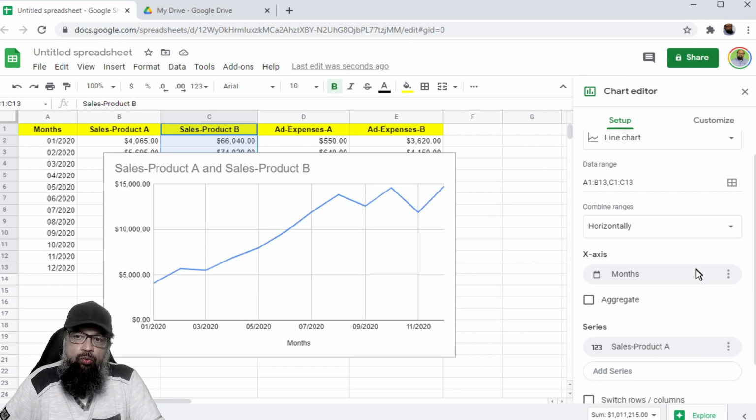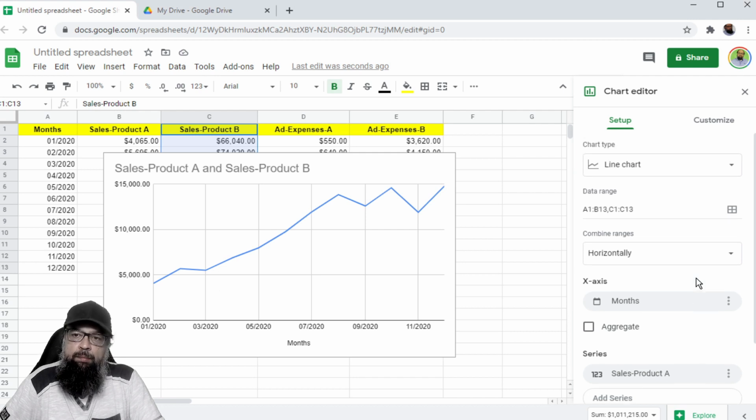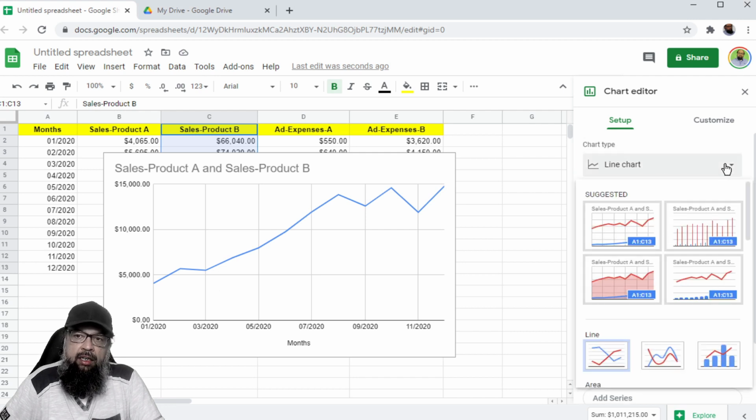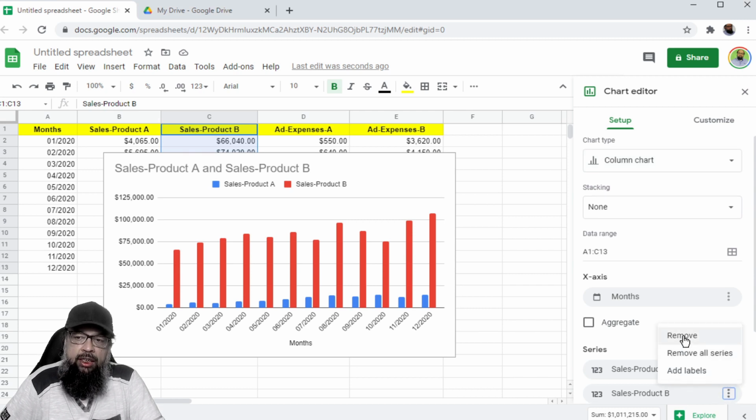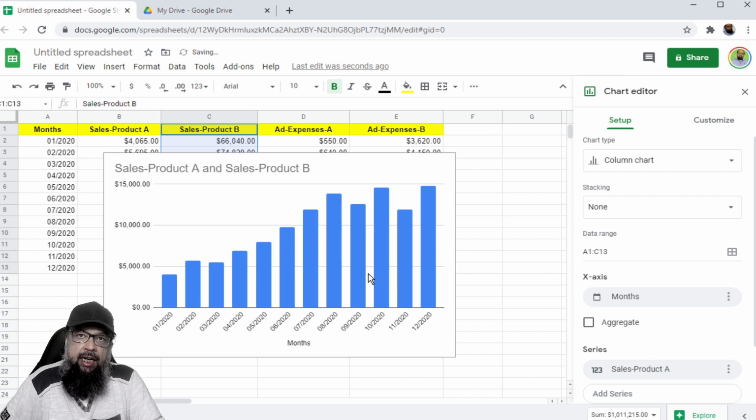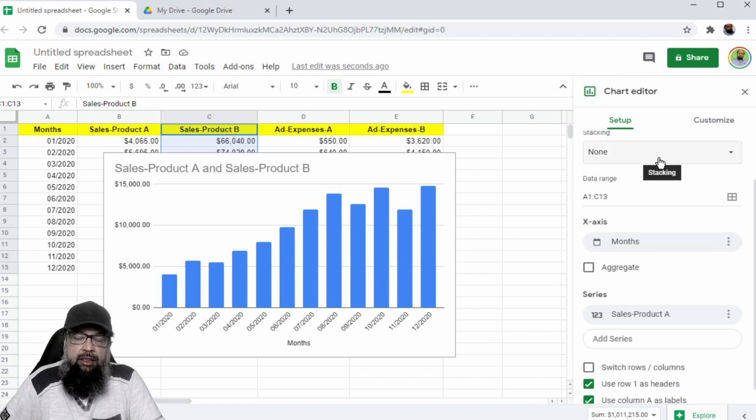These are two very important things here, but the most important is how to change the graph type. If I click here and click on column charts, I will get bar graphs. So if I click here, as you can see that I get the bar graphs of both series because I removed the series from the previous chart, but this is a new chart. If I want to remove the series, I have to do it again. So I remove this and I get only one series. So these are three most important options in this setup tab.